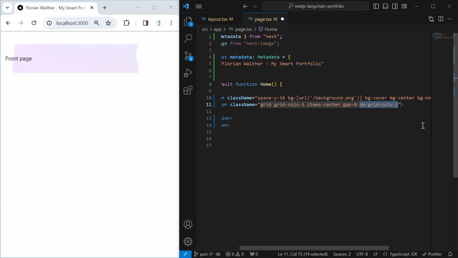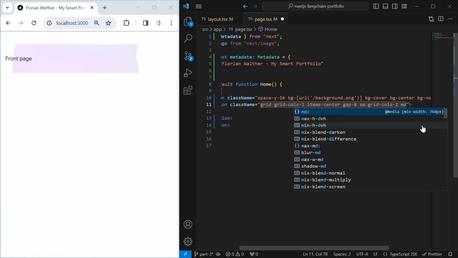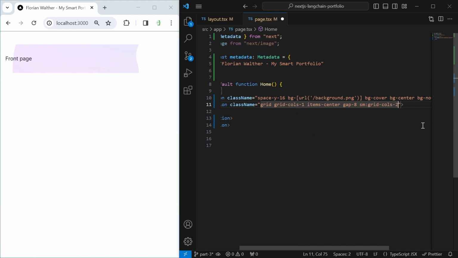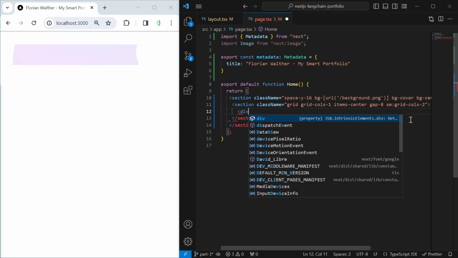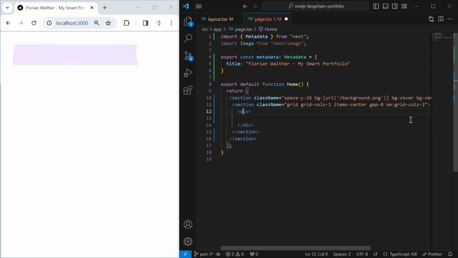And just like SM, there are also other breakpoints you can use, like MD for medium screens, LG for large, and then different XL screens, which all have different pixel values. Okay, so then the first element inside this inner section will be a div with some text. To this div, we add the class spacey3, and in here I want to put an h1 headline and some